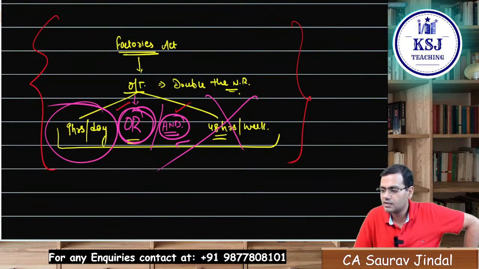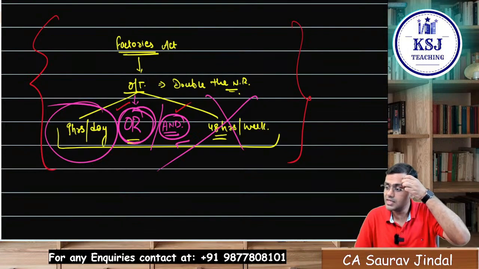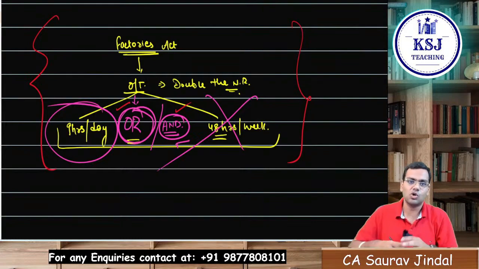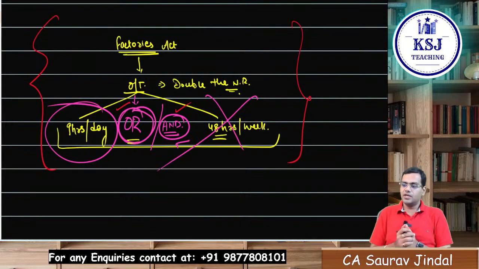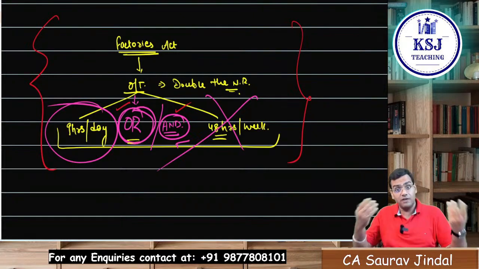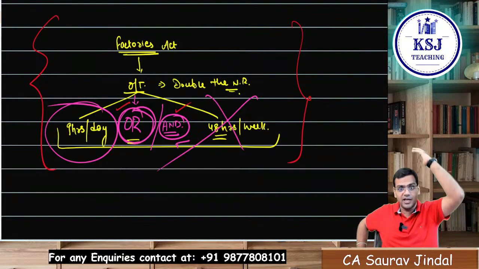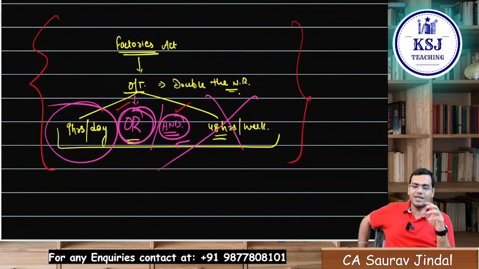One second. Ramya, if it is not given like 9 hours, then we need to take the 'and' condition. See Ramya, if it is mentioned as 9 hours or 48 hours, or it will be mentioned as 9 hours and 48 hours, or it will be mentioned as per the Factories Act, or like this. They might also give you in the examination only 48 hours, they might not give you even 9 hours. They say if he is working for more than 48 hours, then that will be a different scenario, but the possibility of that is quite less.